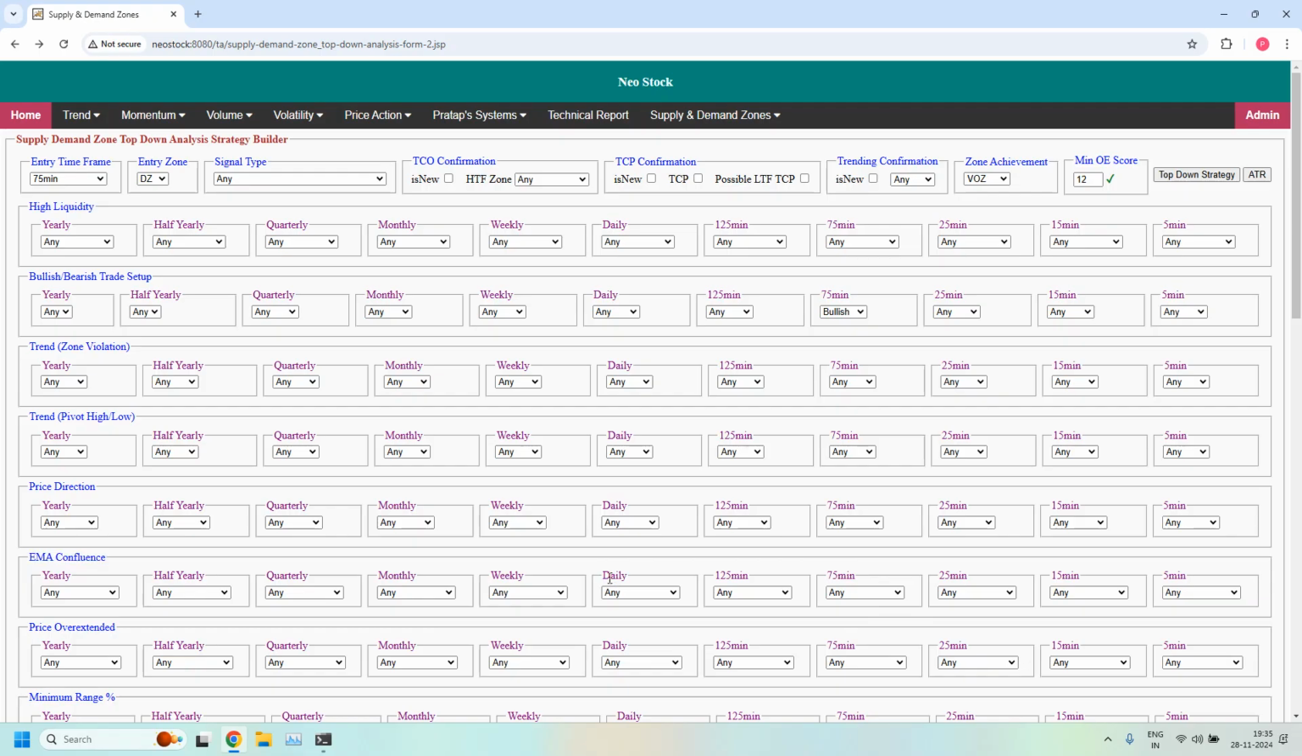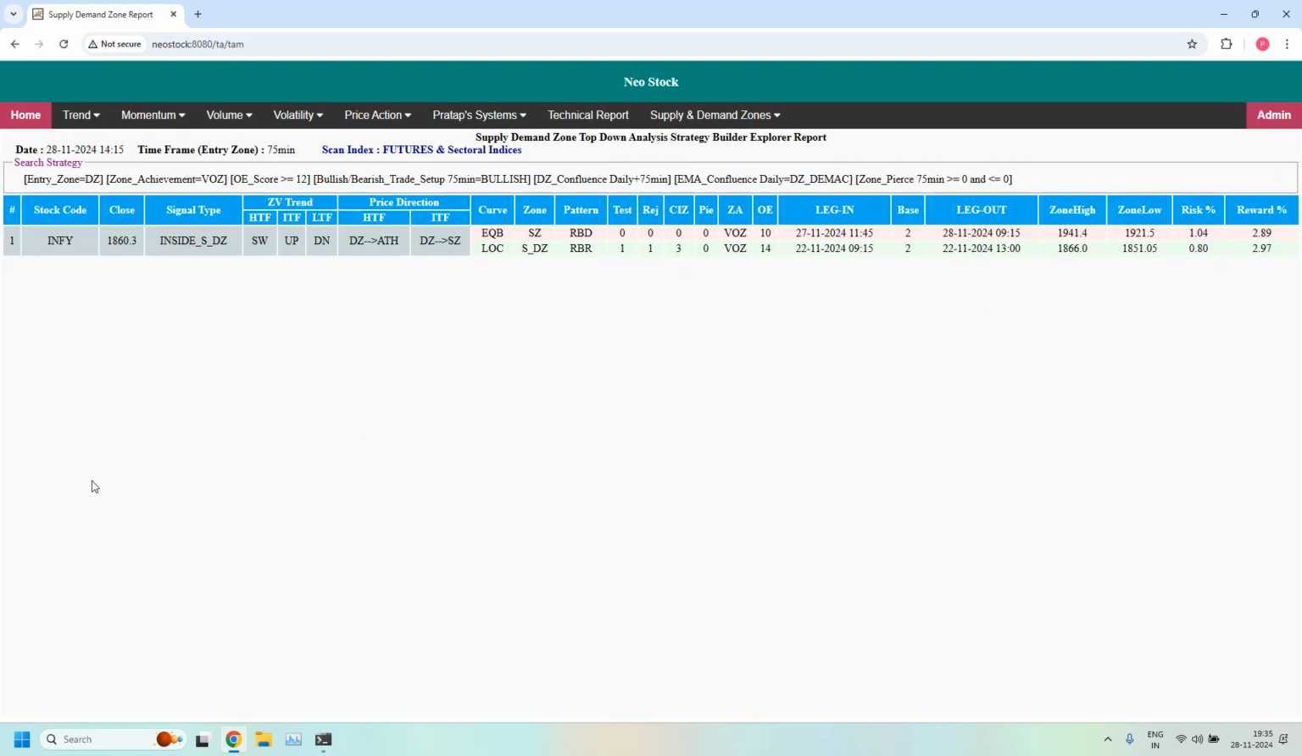zone, that's why the daily demand zone having daily EMA confluence. With this filter, we got only 1 stock. It is a high probability trade setup supported stock. Okay, next let us look for